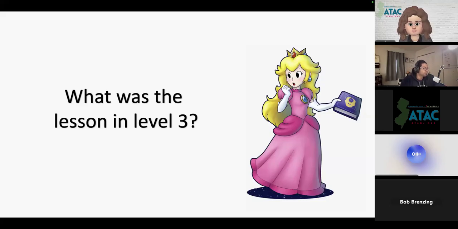So the lesson in that third level of that Mario game was that you needed to have multiple means of expression and representation, because sometimes the original method of displaying and relaying information may not be the one that person is able to access, right? And so in that game, there were two options. There was a panic button, and then there was a button to light up the hazard lights, right? And no matter which one you picked, I would tell you that didn't work, and the second one worked,